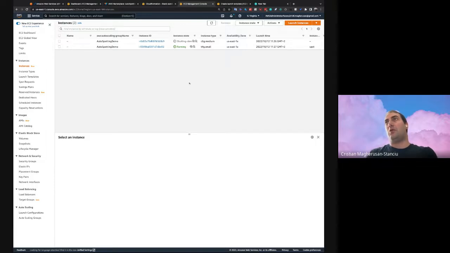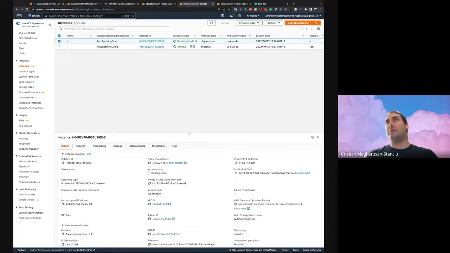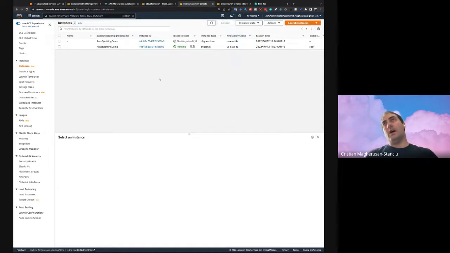If we wait a few more seconds, this instance will be taken out and terminated, and then the group will just have the new instance. This happens for every single instance that you have in the group. When you scale out, you launch a new instance, and it's replaced. When you create a new group with the tag, it's going to happen at the beginning, and so on. That's kind of how Autospotting works. That's all I had to show you.